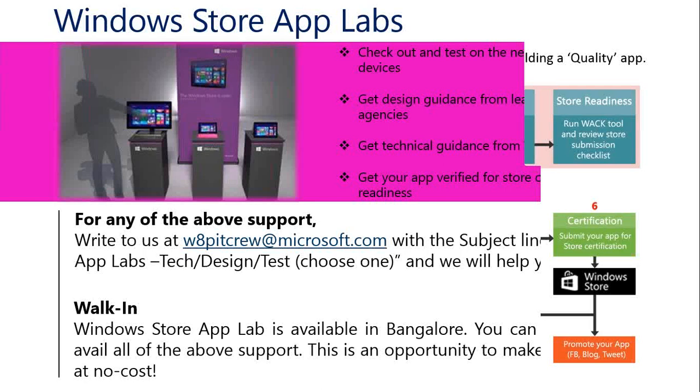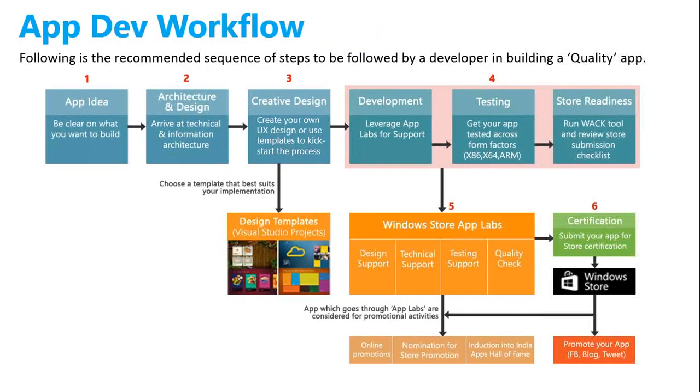Agenda was information architecture. Now on the screen right now I am trying to show you the cycle, which is the recommended sequence of the steps basically. It's just recommended, you can have your own choice in that. So the first thing that you need when you begin developing a Windows 8 application is a great idea